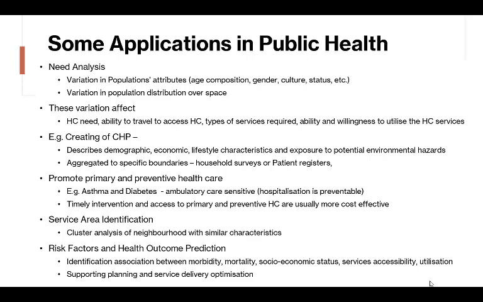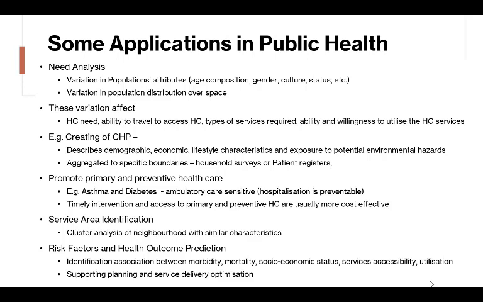So we can be looking at, for example, if we create a community health profile, CHP, which describes the demographic, economic, lifestyle characteristics, and exposure to potential hazards, we can use that to start promoting primary and preventive healthcare. For example, if we know that a certain population in a certain place has more incidence of asthma and diabetes, then we can start looking at how to implement some preventive and primary healthcare services for them so that we can limit